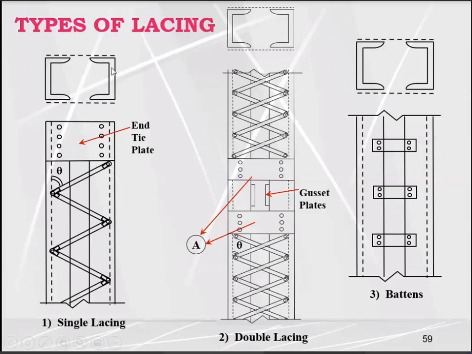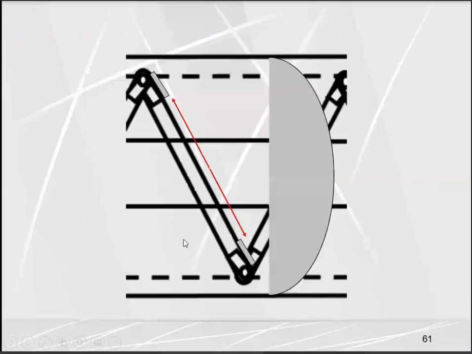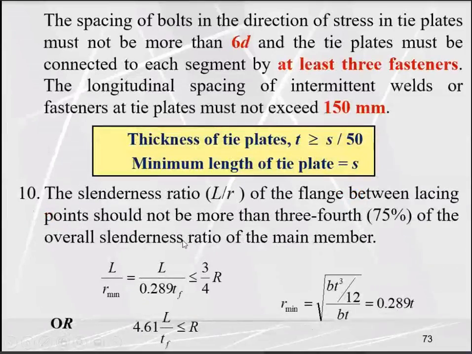Why flange only? Because the web is compact, so only the flange within this unconnected portion can buckle. So we only need to satisfy the slenderness ratio of the flange within the unbraced length corresponding to the single angle. For A value, A is the distance from the center of a fastener to the center of the other fastener on the same line or on the single section. So R value is the larger value out of the slenderness ratio of the built-up section.